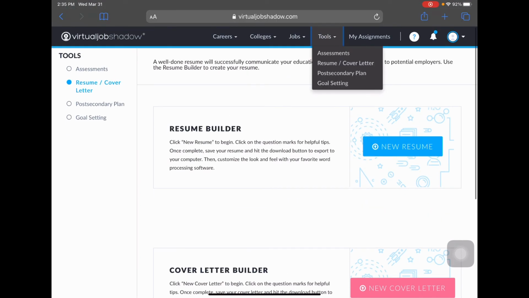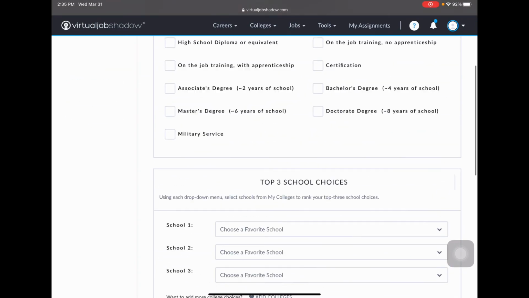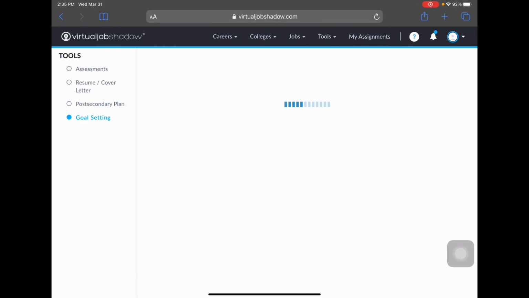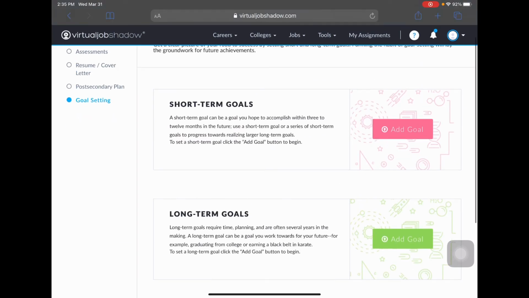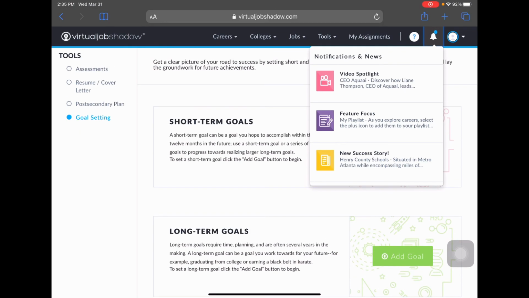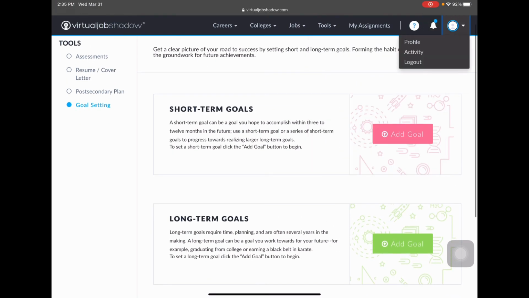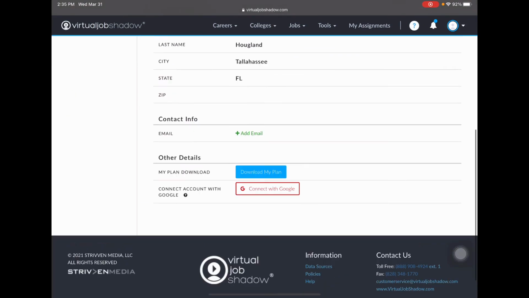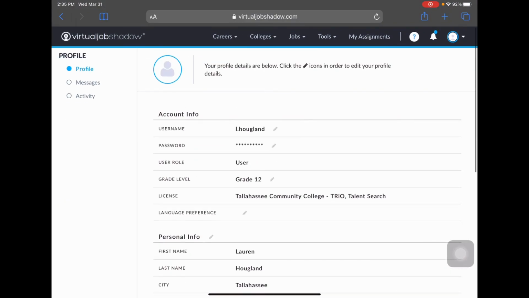Post-secondary plan is you building your post-secondary plan, which is very important. And then just some goal setting. It's going to allow you to do some short-term and long-term goal setting. And then lastly, to check your notifications, you'll just click this little bell right here. And then to get to your profile, this is where it all is. And yeah,